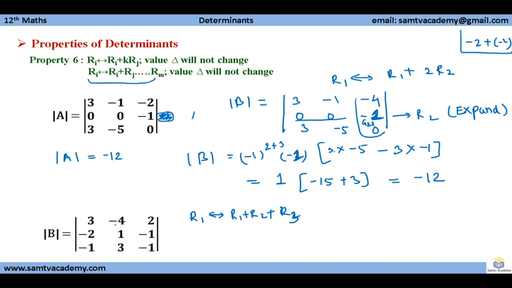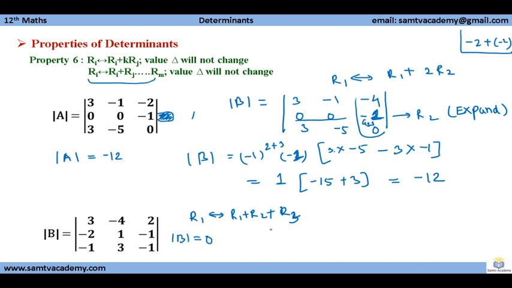We know that if you expand it along any row without using the property, the expansion is very long. You have to take all the elements and then expand and then find the value. So what value of determinant will you get? You will get the value of determinant 0.